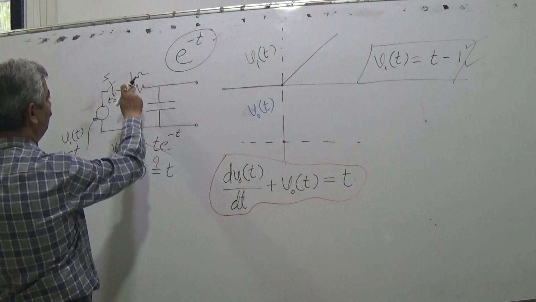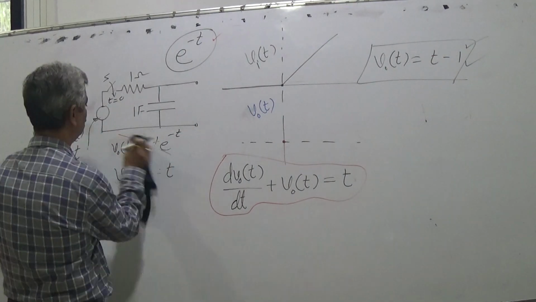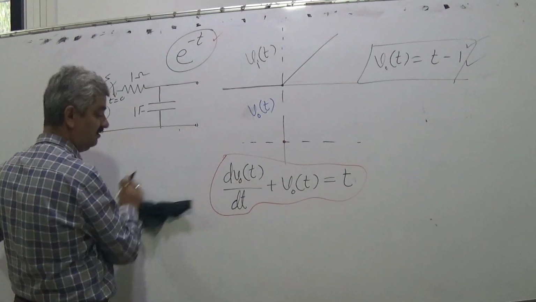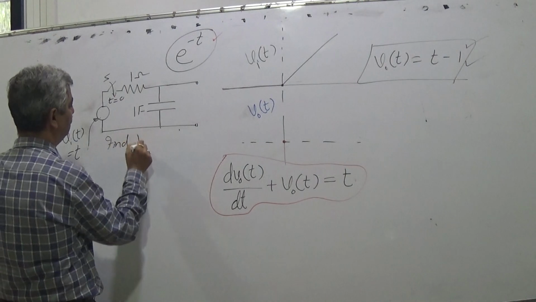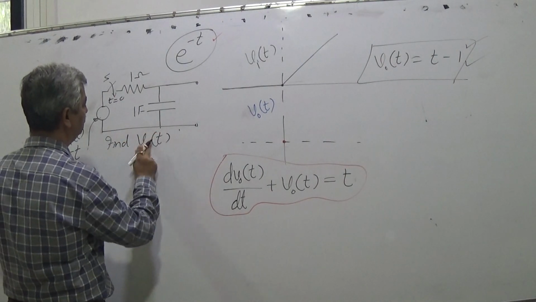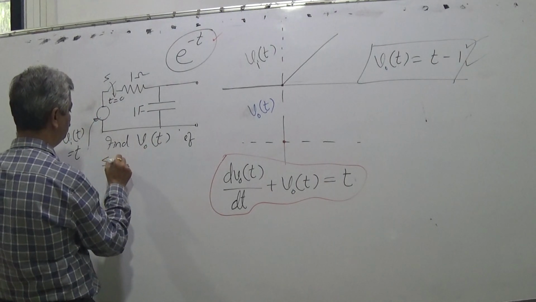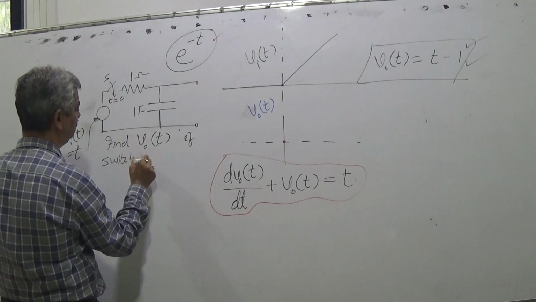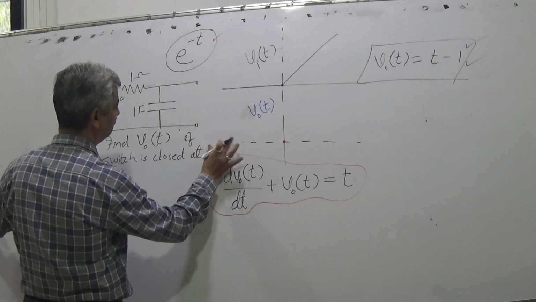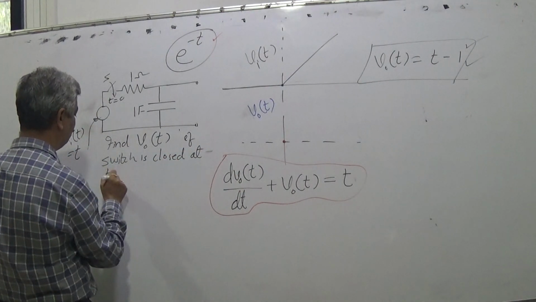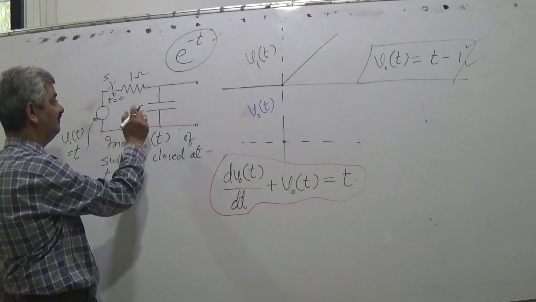Input 1 ohm, 1 farad. What was the question? Question was rubbed out. Find the expression for VOT. Find VOT if switch is closed at t equal to 0. All values are specified, 1 ohm, 1 farad, but